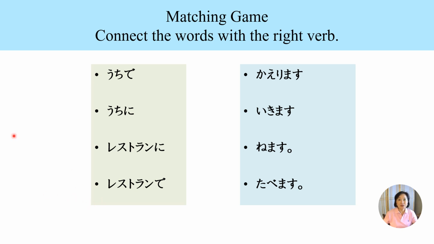You only get to use the same verb once, so pay attention to the particles and then choose the correct verb so that your sentence makes sense. Please feel free to use the pause button while you solve it. はい、それでは最初の言葉いきましょう。うちで寝ます。I sleep at home. うちに帰ります。Yes, ni is the destination particle, so you want to choose the verb that has the